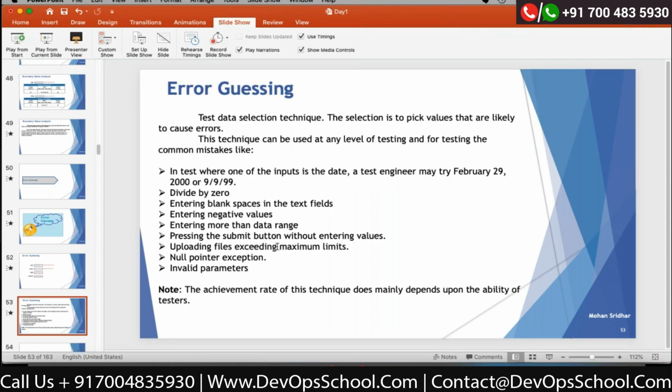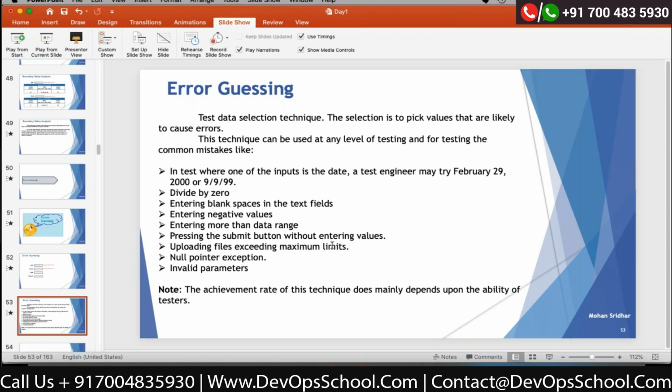Upload files exceeds a maximum limit. Also, we need to check if there is upload functionality, file upload. So you go and check what is the requirement. Again, whenever they say upload functionality, if they did not specify the limit, you can check. Also, you have to check what is the limit and what are the file formats they accept.